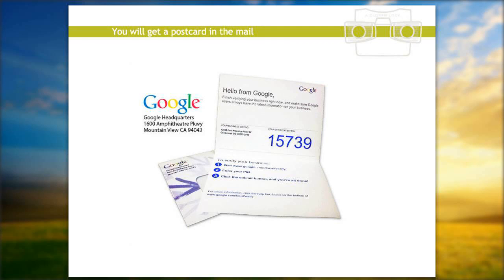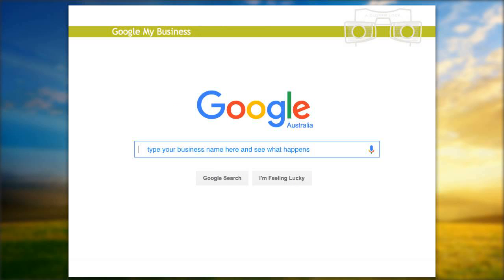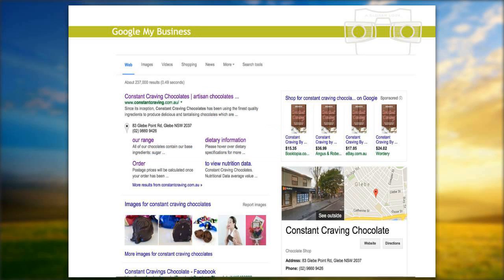And you can only get one postcard, or one verification, per address. So they do keep it pretty tight. So what you do is go into Google, type in your business name there and see what happens. That's how you'll know whether you're already in Google's directory or not.